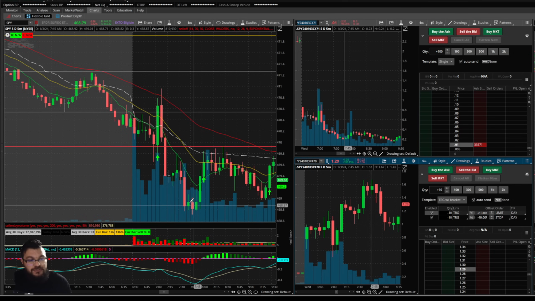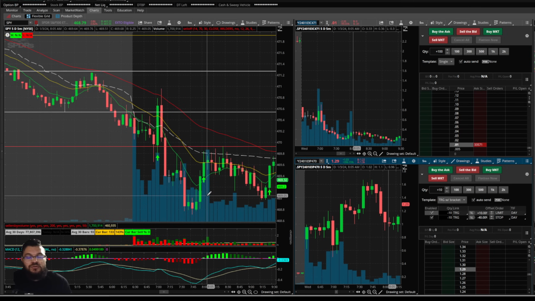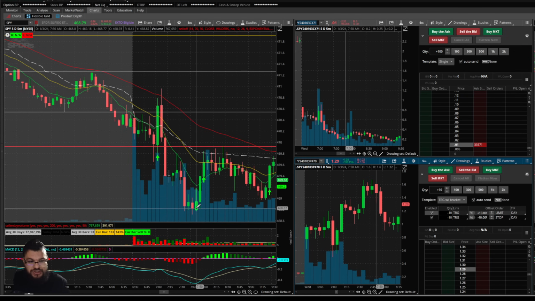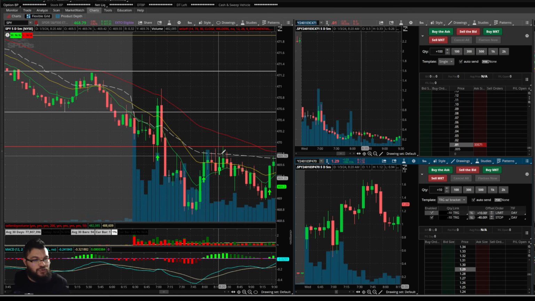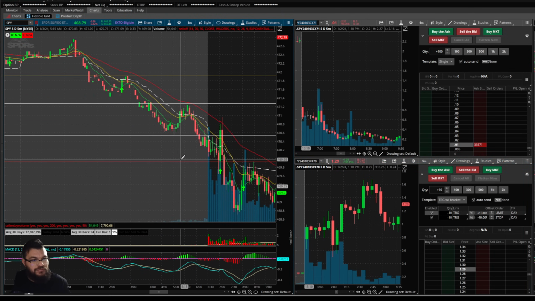So then later, right, we start to hold and it starts to come back up and it looks like it's going to push here. And this is where, again, I am not a reversal trader. Maybe there are some people that took a trade right here at 468.80 and maybe took that quick little push up to the calls. At this point, what I'm noticing is the highs are getting lower, right? So we're still following that bearish trend that we have from the morning, right? We're just right on cue.